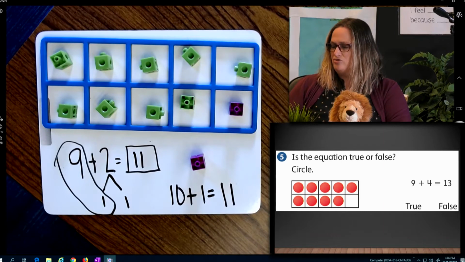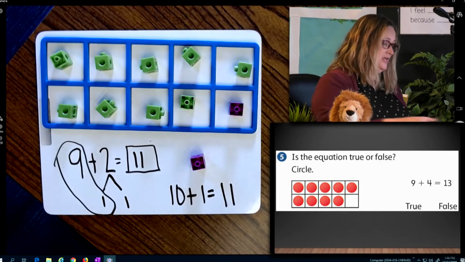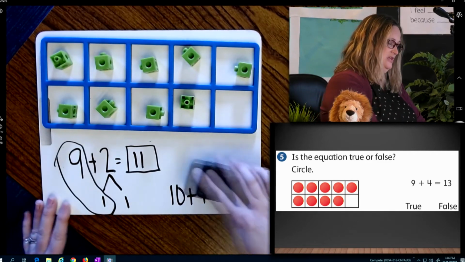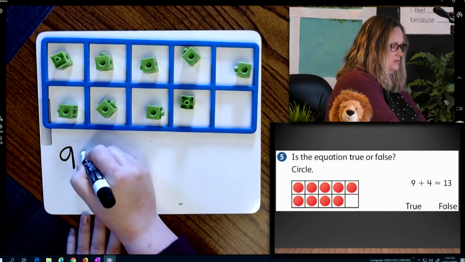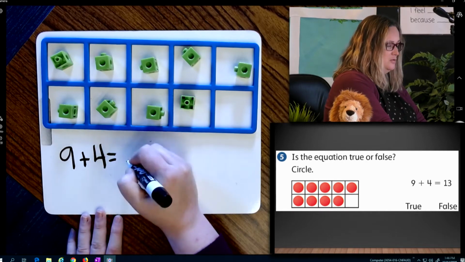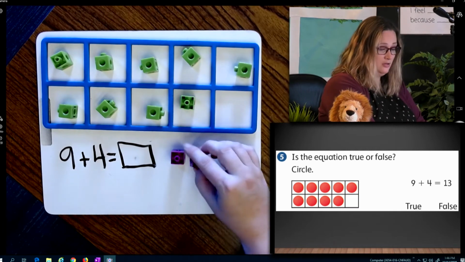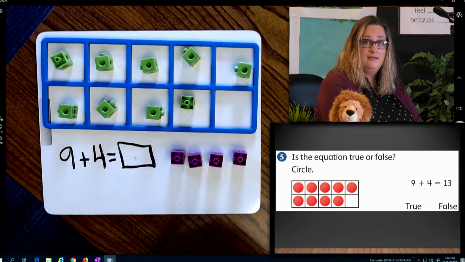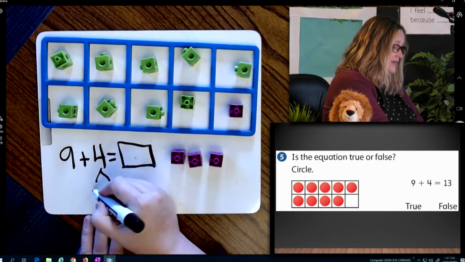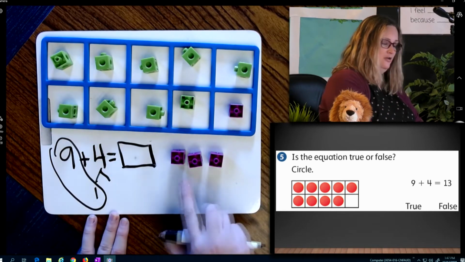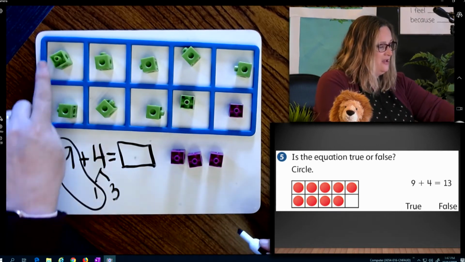Is the equation true or false? They say 9 plus 4 equals 13. So keep your 9. Now write 9 plus 4. Don't write equals 13. We're seeing if they're correct. So I'm going to add 4. So I put 4 down here. Can I make a 10? How do I make the 10? I do the 9 and 1. How many are left over? 3. So I don't have 9 plus 4 anymore. I have 10